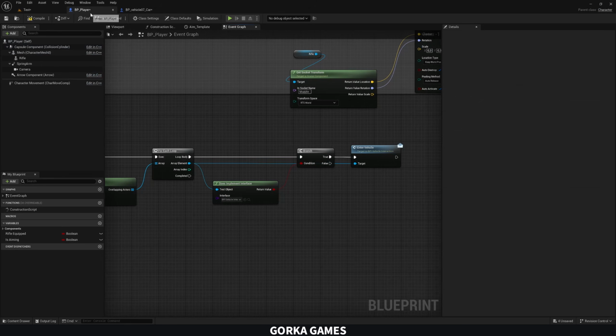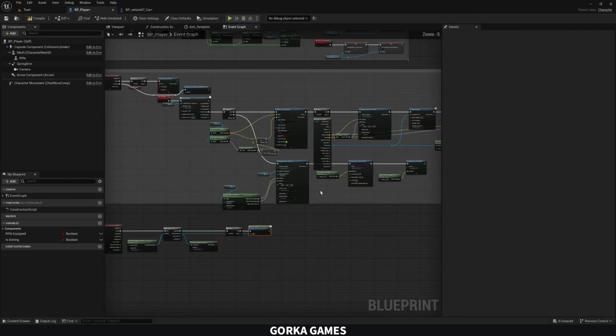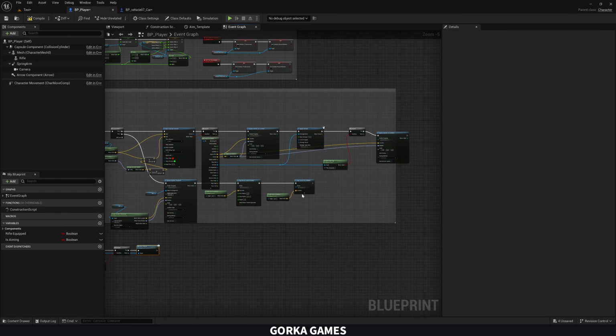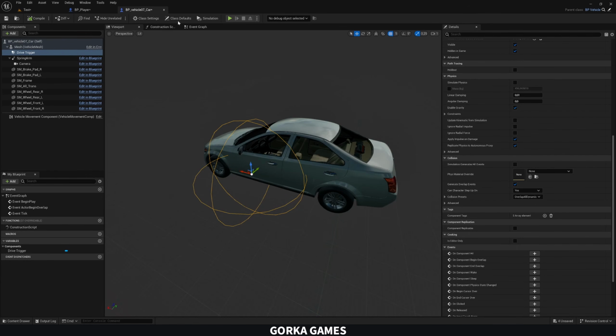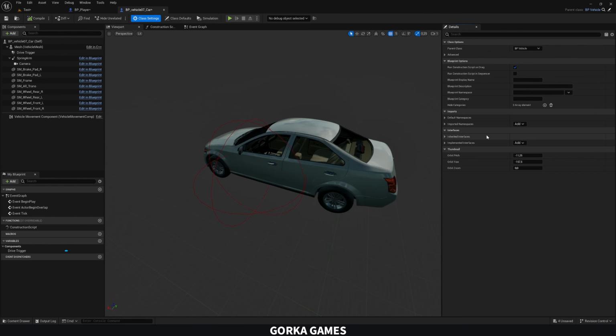And now this is very similar to what happened in one of the previous episodes when we set the bullet damage. We just called Apply Damage right here, and then we just added the damage logic on the other actor without needing to cast to that actor. Exactly the same. So let's go now to our car blueprint, go to Class Settings, and now we can add